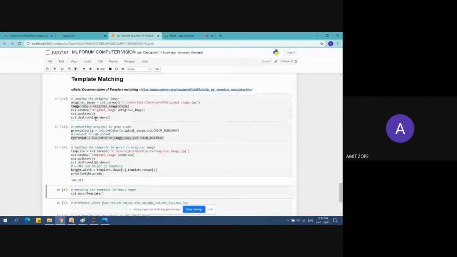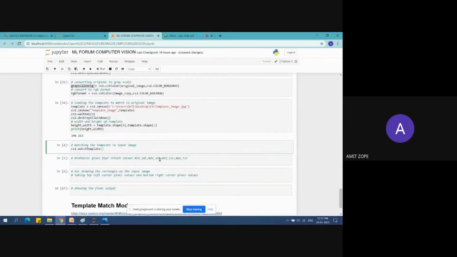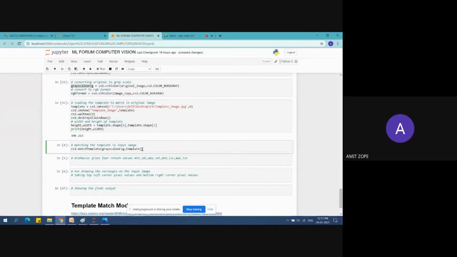You need to give here the grayscale image and the template. This template is also to be converted into a grayscale image, and I have converted it here now.